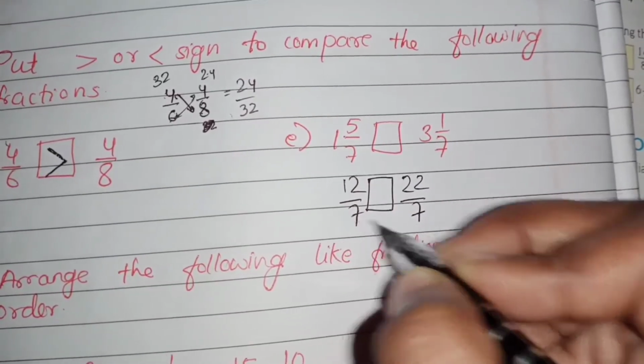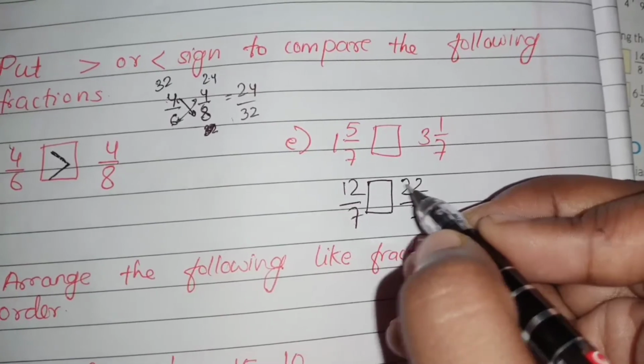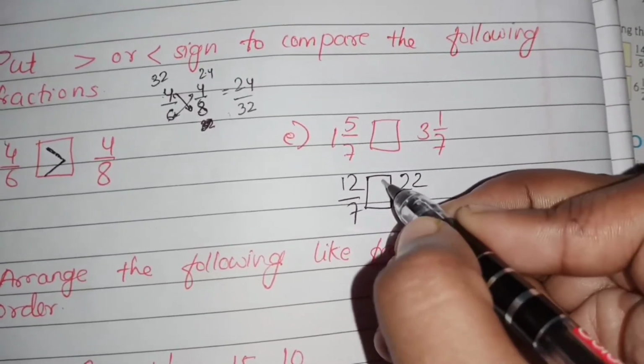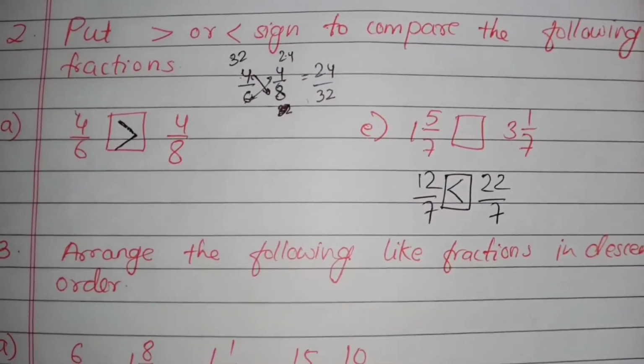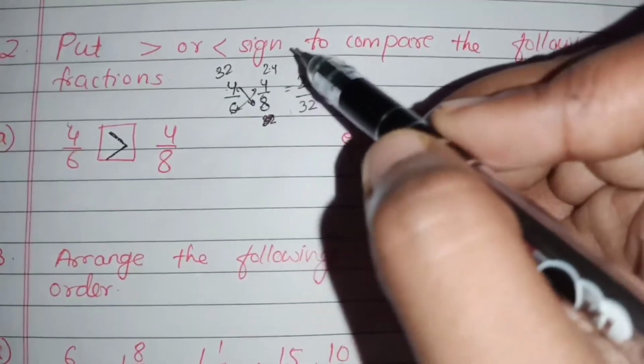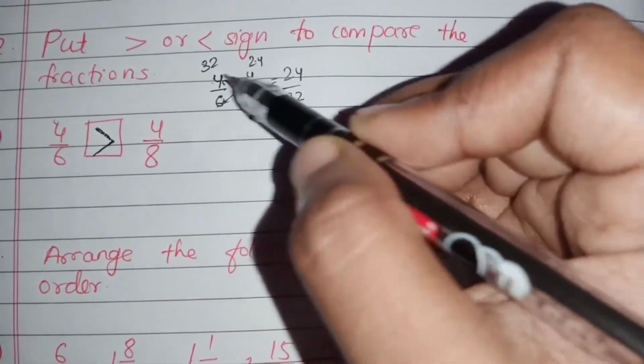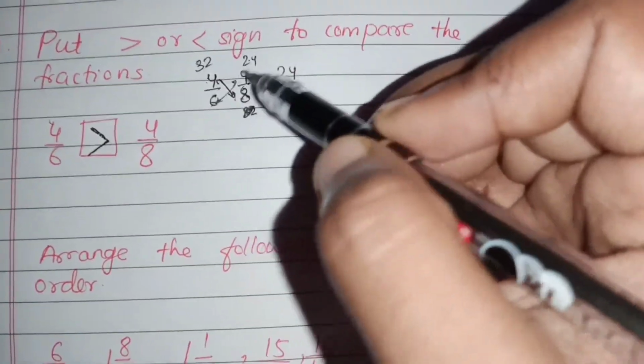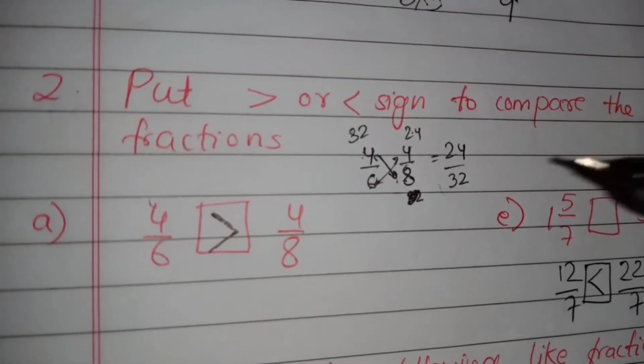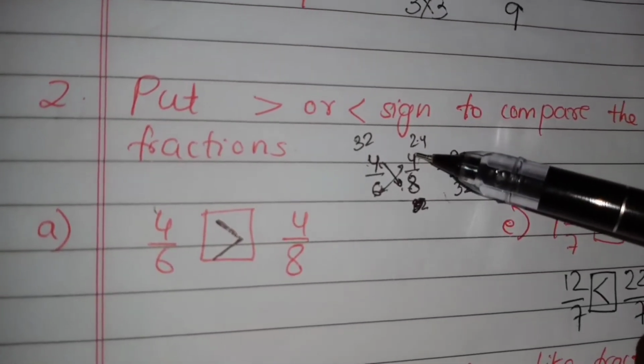You can see your denominator is same. So on numerator, which one is greater? 22. So this one is greater. This one was very easy. Okay, this one you can do by any, whatever I have taught you, two ways you can do, by multiplying this way or after multiplying. So how you will do cross multiplication?